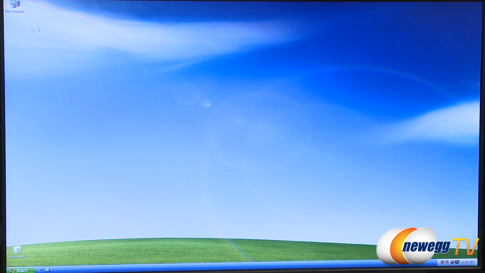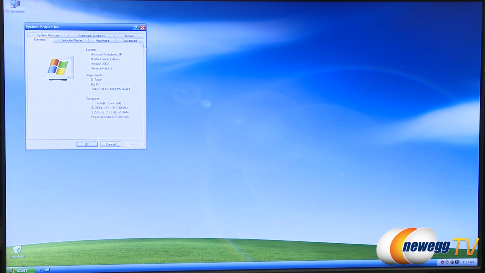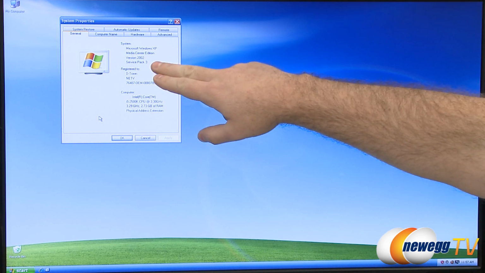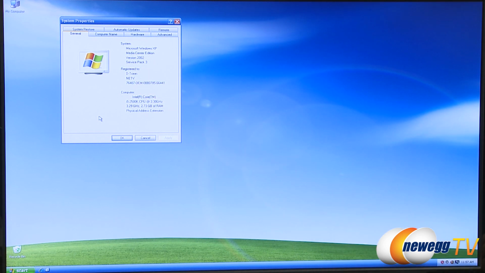So we now have Windows XP all loaded up, and I do want to double check, of course, once again, which version of the software I'm running. Now, this is Windows XP. It's a little bit older. One thing I have made sure that I've done is I've done all the Windows updates, so we're currently running